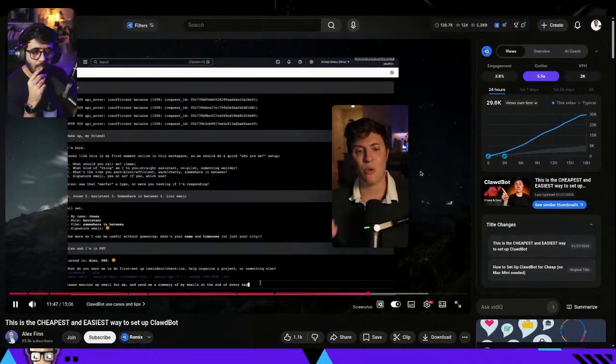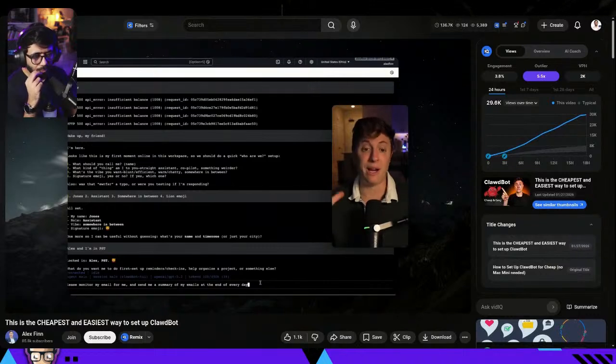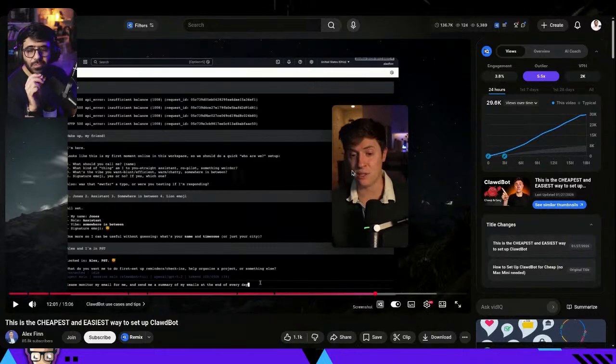When I hit enter on this, it is going to go through a setup where it'll say, okay, let's connect to your Gmail, or what email service are you using? Okay, perfect. You're going to need to give me the API key for this. So do this step by step and it will walk you through it. And if at any point you get confused,